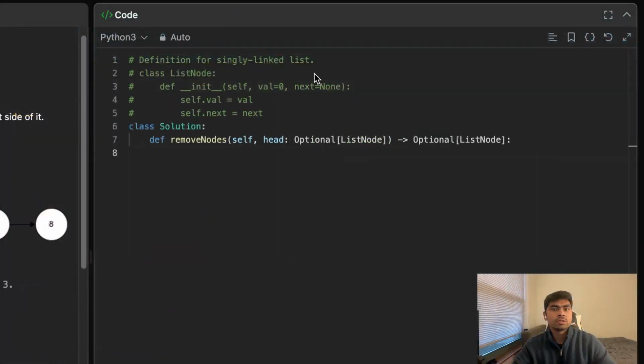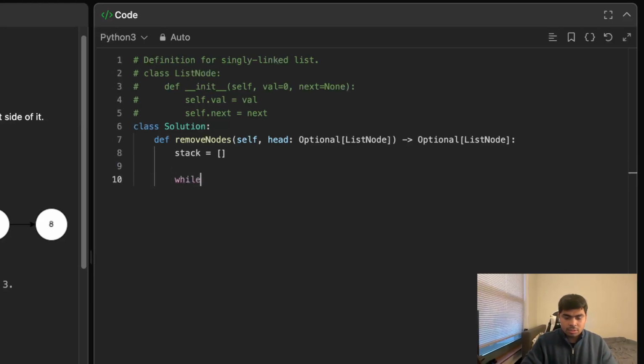So I'm gonna just change the view here, and then we'll come back to our approach, a cleaner approach, where we would not use that extra space and just do this playing with the pointers. All right, so let's do that. As I said, we're gonna have a stack, and then I'm gonna traverse, and let me have a current pointer. Current would be pointing to head, and while current exists, then what I'm doing is I want to append my